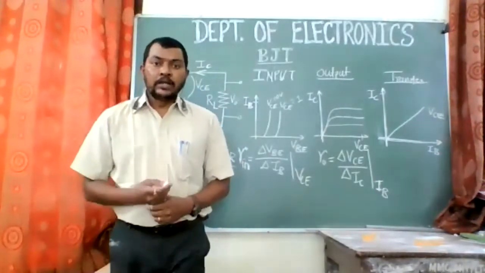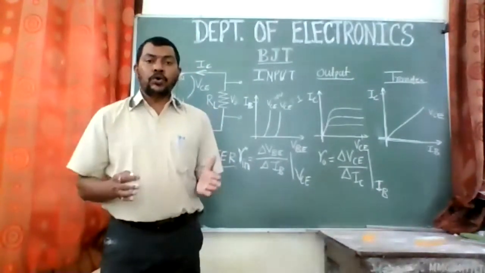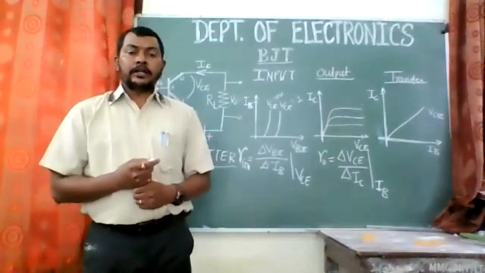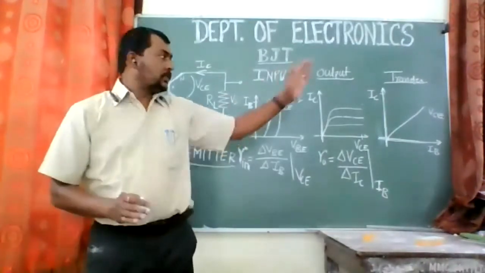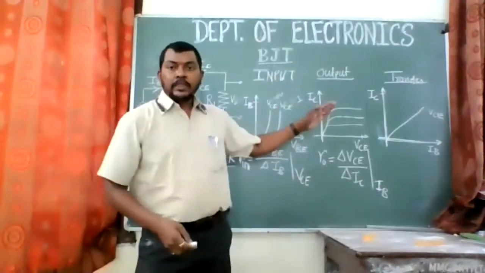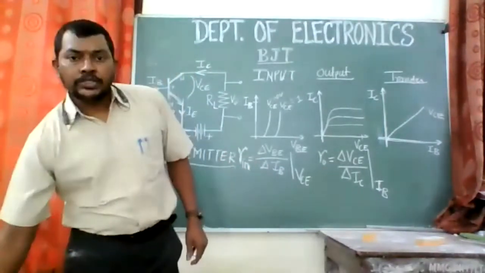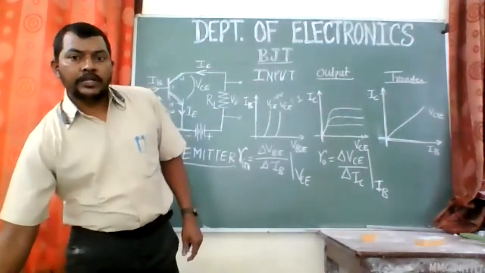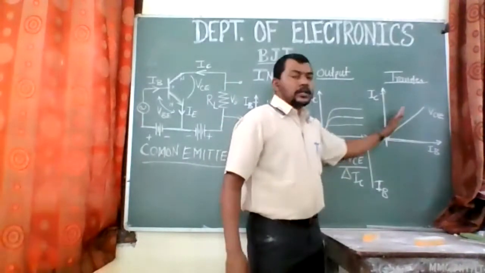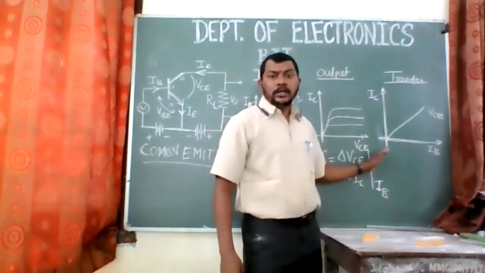हम लोगों ने इसको define किया है. The base current amplification factor in the common emitter amplifier is defined as the ratio of change in collector current to the change in base current at constant collector emitter voltage. So remember that definition, and that is nothing but the transfer characteristic. Now this transfer characteristic, as you can see from the graph, is linear, right? So as you go on increasing the base current, the collector current also increases. So this is the transfer characteristic, and the graph shows it is linear.